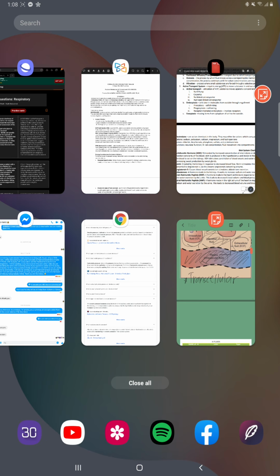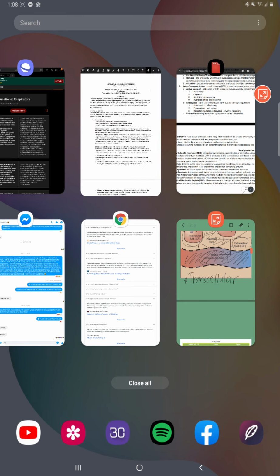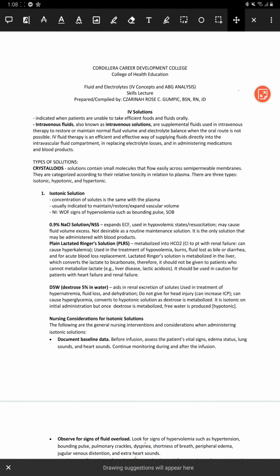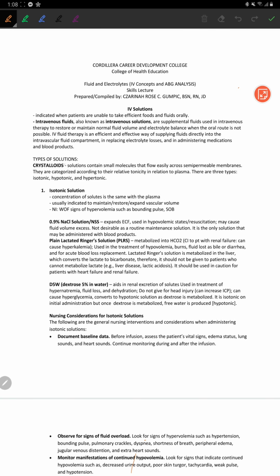Okay, saan na yung next topic natin? Let's go back to your original handout. Okay, so we have here already your IV solutions. In the case of your IV solutions, there are two types, or intravenous solutions. We have what you call your